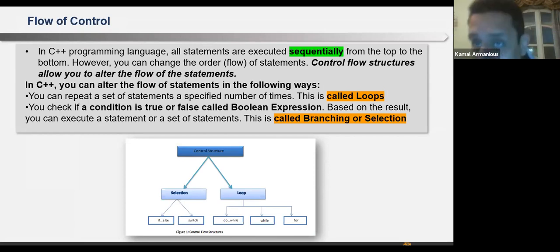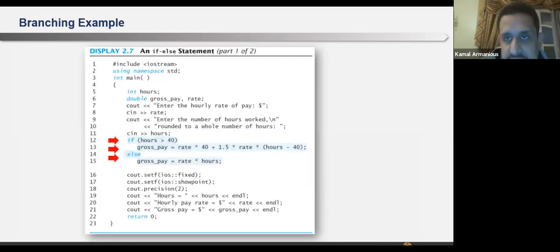So normally I go sequentially one after the other unless I have a loop or a selection. For the selection, I have two things: the if statement, which is a condition, and the switch, which is very similar to the if statement, with a different syntax. And then I have loops: the for loop, the while loop, and the do while loop. Let's see them one after the other. I'll pick a friend with me.